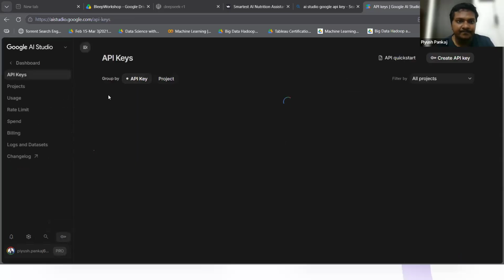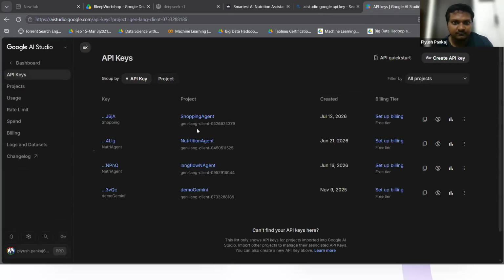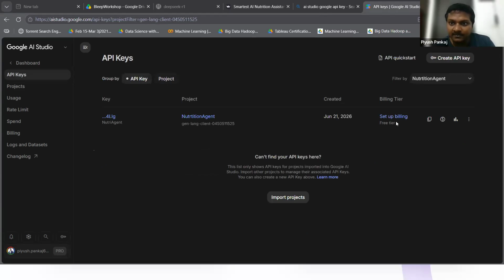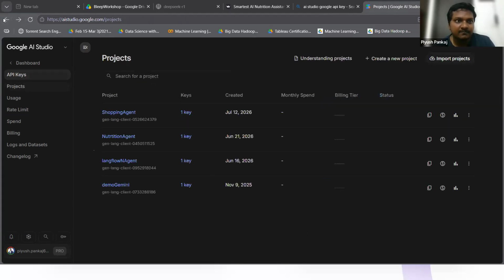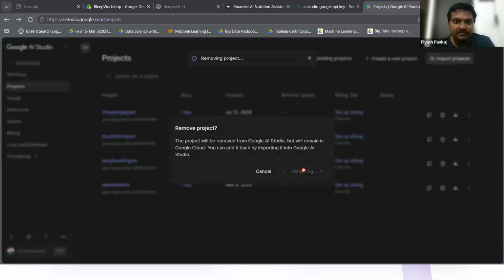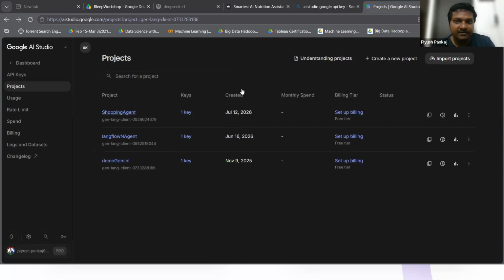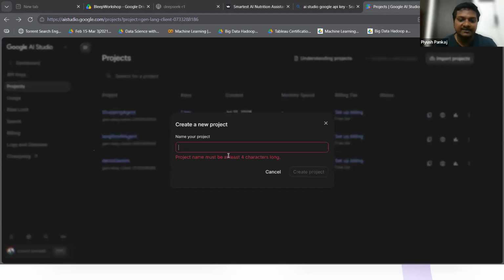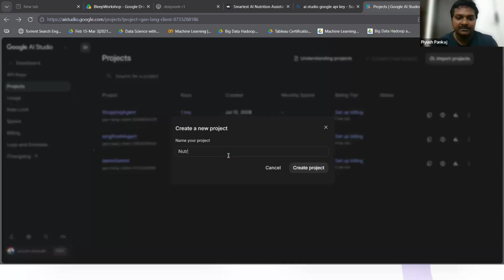API key. And nutrition agent. One key is there. Let me do one thing. Let me remove this project. Okay, I'm going to create a new project. The project name I'm going to give the same, nutrition